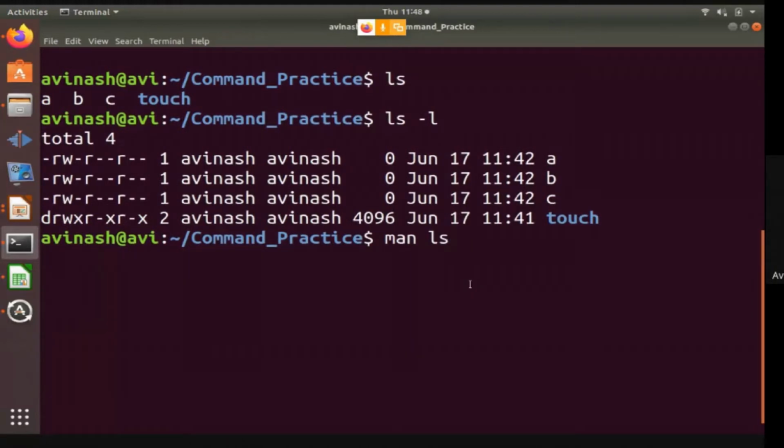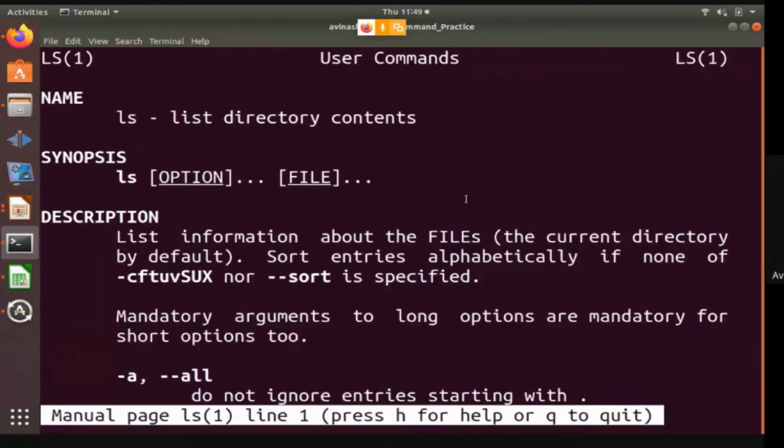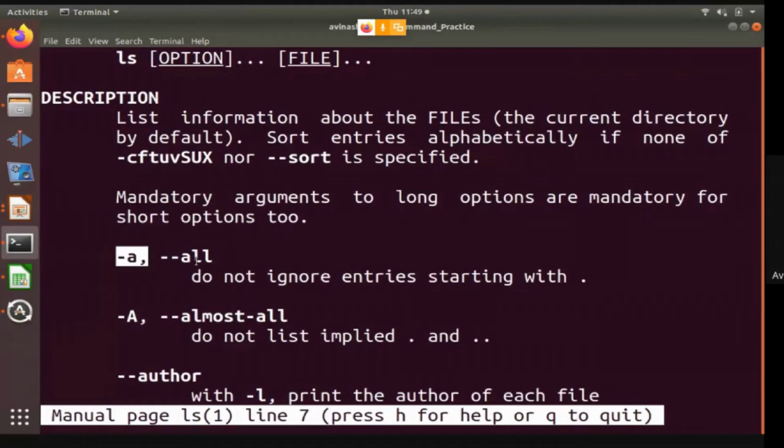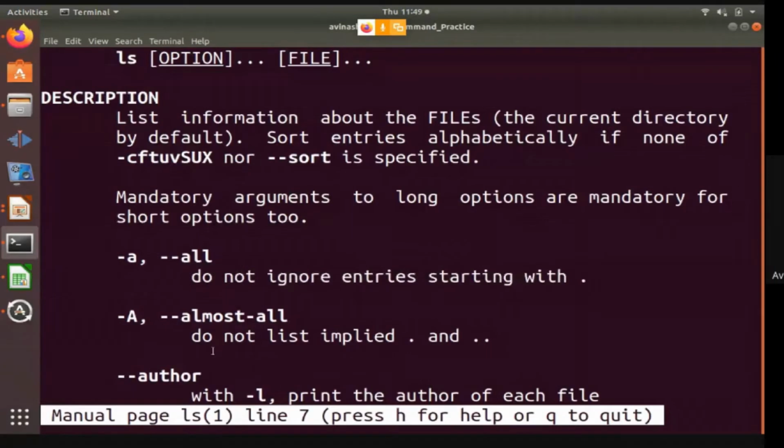So if you want any help and you don't have the internet, then you can use this utility called man to get help on commands. So man ls: by typing this, you will get complete help for the ls command. Here you can see a minus a, which stands for all, which indicates do not ignore entries starting with a dot.